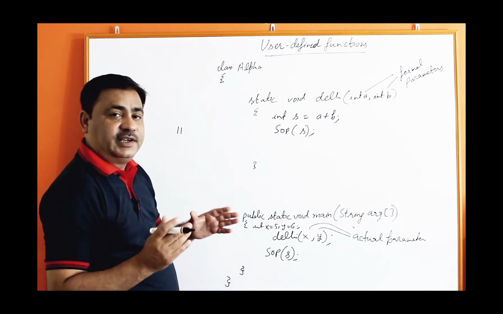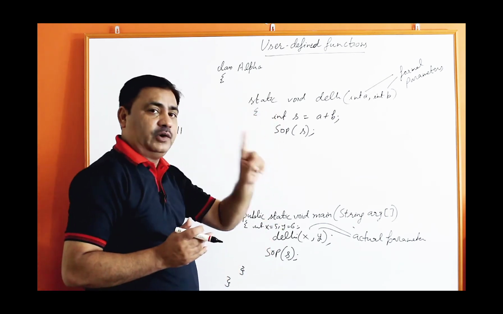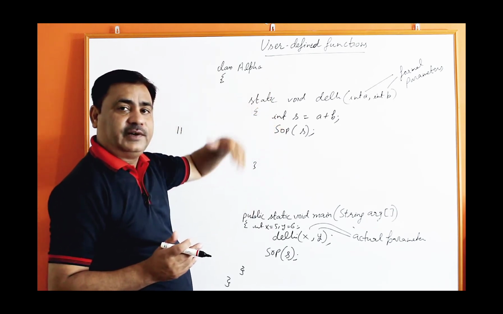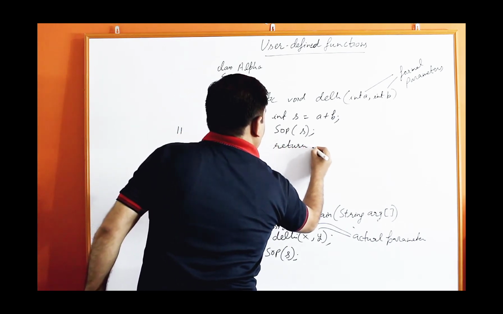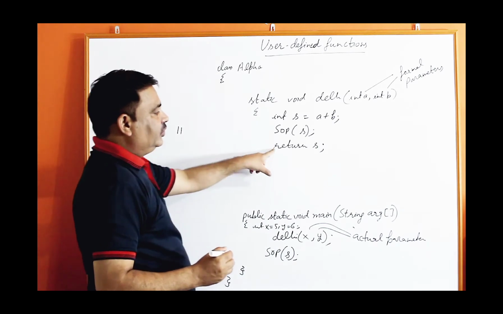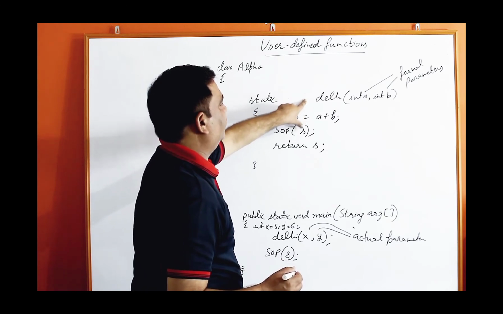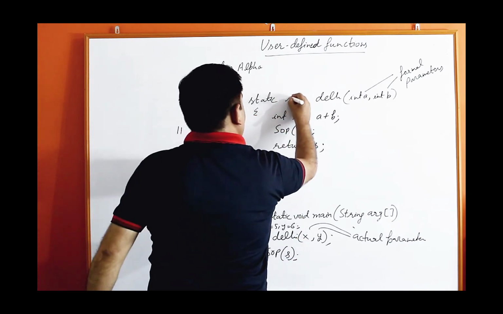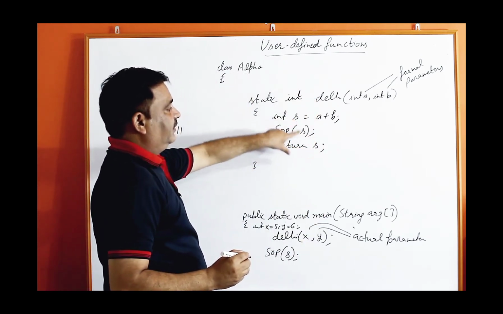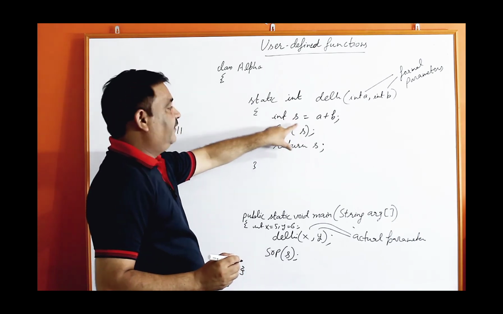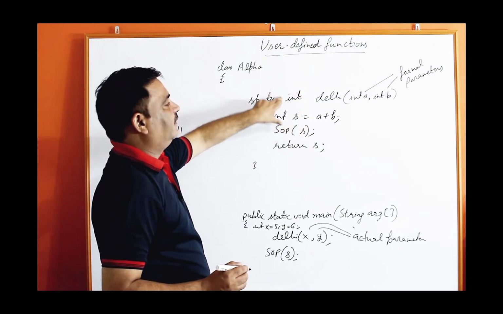Then one more technique is there. You can return the value from this function. There is a facility to return a single value, only one value you can return out from this function using the return statement. Use return s. But when you use return, do not write void. Void you have to remove. What you have to write? You have to write int. Why int? Because we are returning s and s is an integer. If s is double, we have to write double. If s is float, we have to write float. It is called the return type of the function.